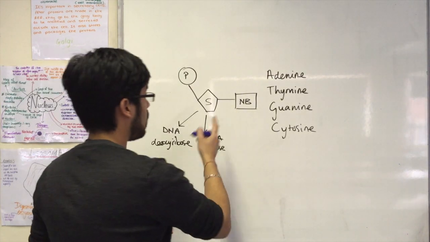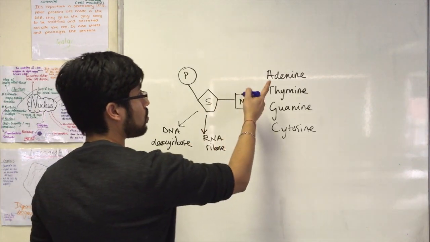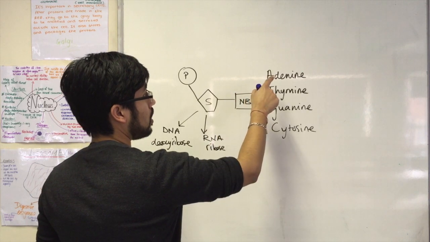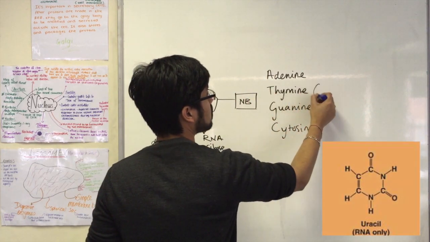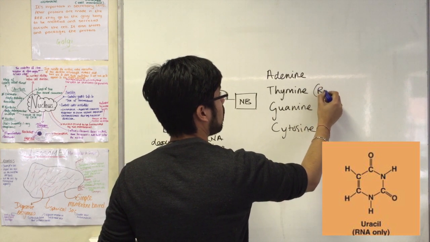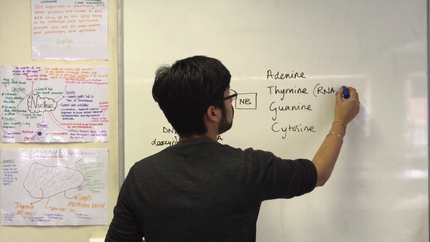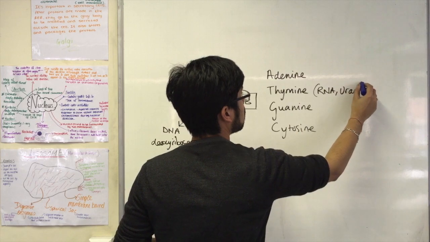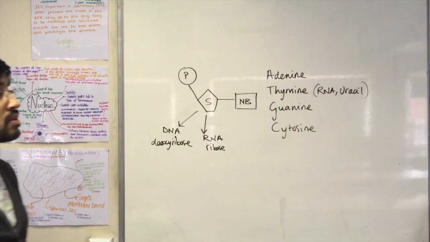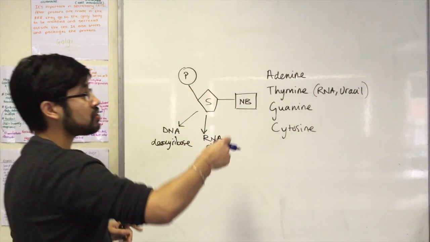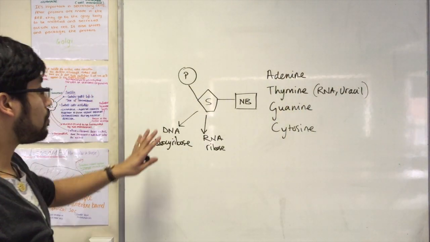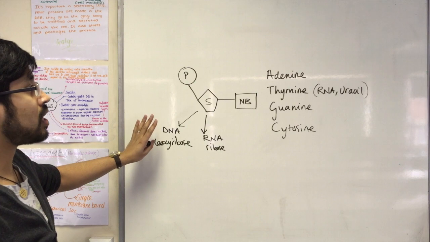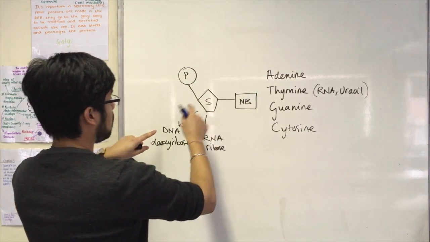However, in RNA, you don't have thymine, you have uracil. So what I'll do is I'll just put a bracket in RNA, uracil, not thymine. Okay, so in total there are 1, 2, 3, 4, 5 bases, but all DNA nucleotides will have